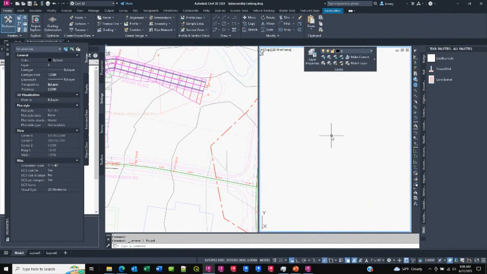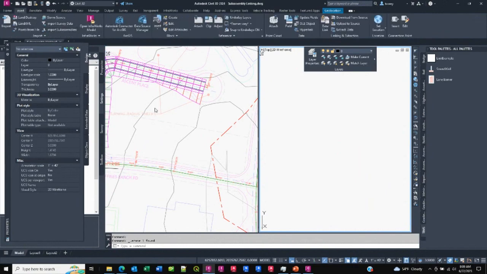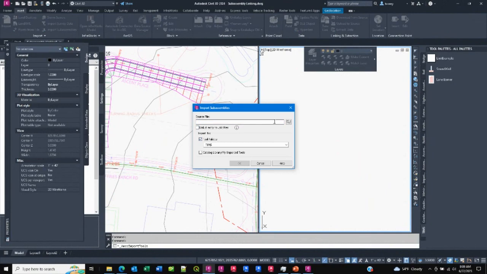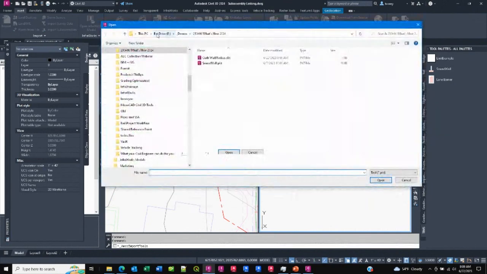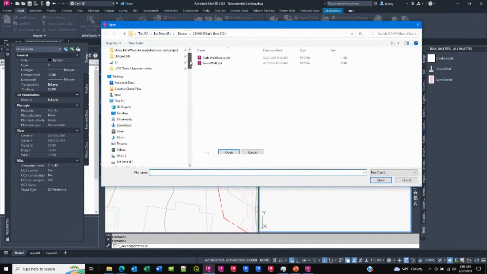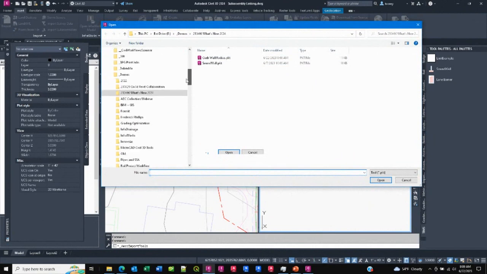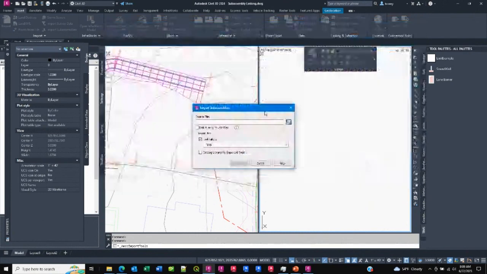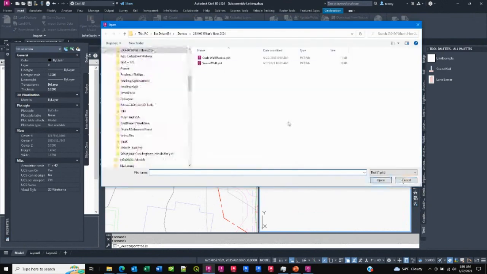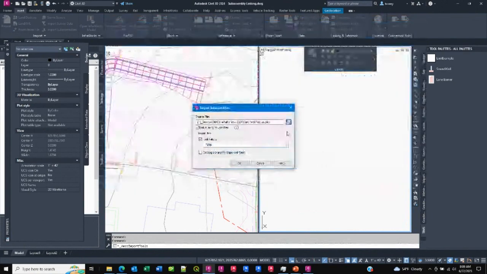It used to be, if I wanted to bring in a subassembly, I would go Insert, Import Subassemblies, and then my source file would actually come from, it wouldn't link to the packet, it'll link to my Civil 3D subassemblies collection, okay? But now I can tell it to link directly to those packet files, and then when I pick a packet file and I import it onto a